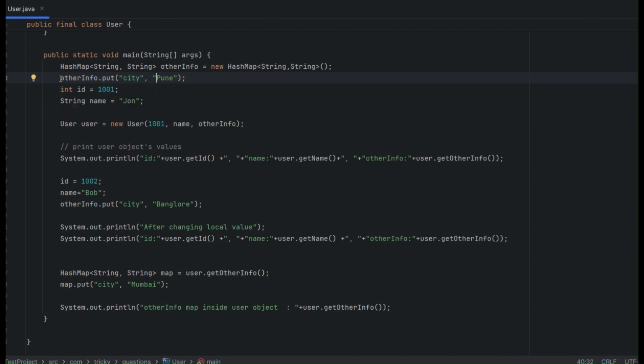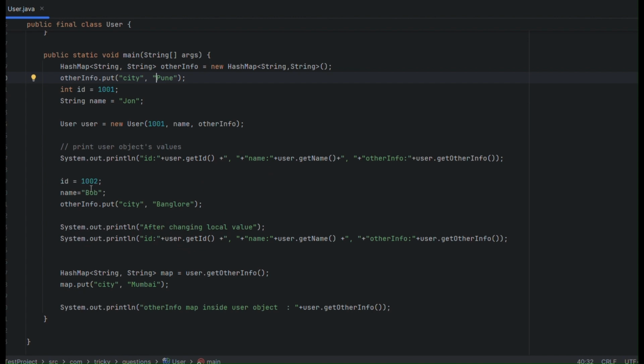Here I have three values: ID as 1001, name as John, and other info as city Pune. So I can initialize this object via the constructor only because it's an immutable class, right? This is the line where I am initializing the object and printing it. And now I'm changing the local variables.